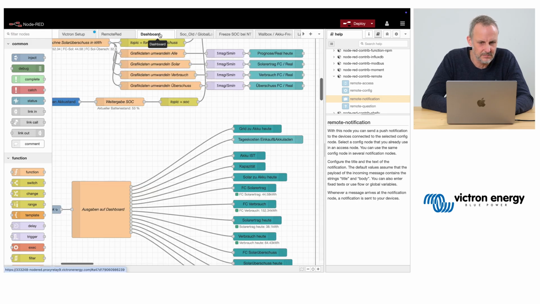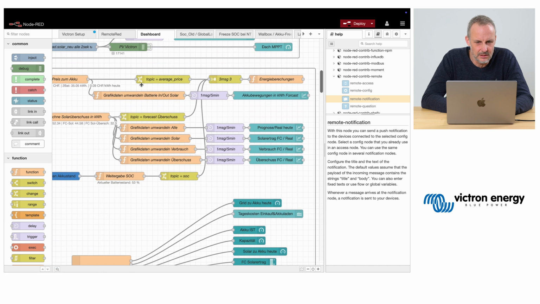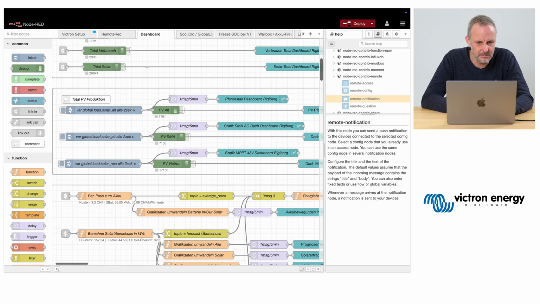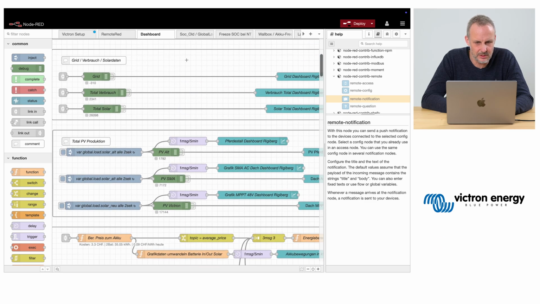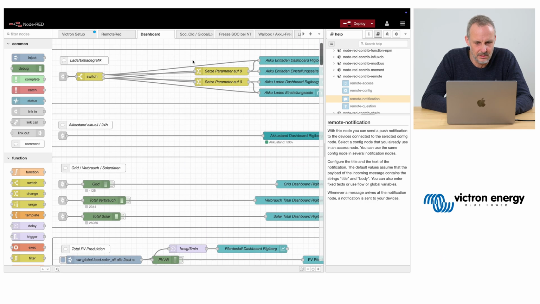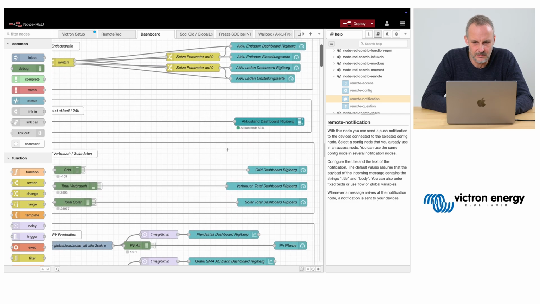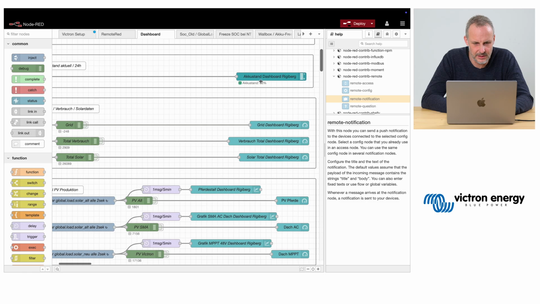Yeah, nice. Let's see what else we have. This is probably all dashboard specific because of the name dashboard. Not too many things going on.